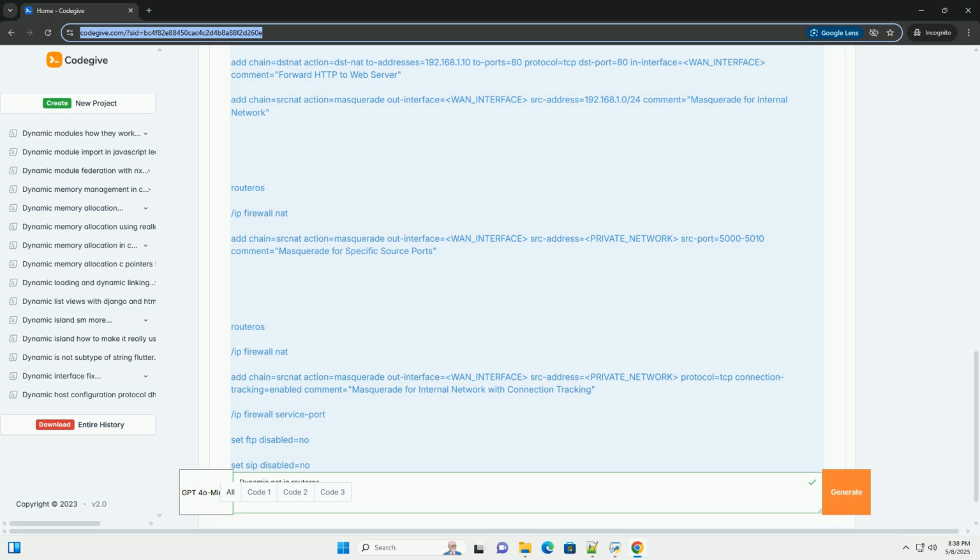/ip firewall service-port enables the connection tracking helpers for specific protocols like FTP and SIP. You may need to experiment with other protocols depending on your needs. Some common helper names include FTP, SIP, TFTP. Important notes about connection tracking helpers: